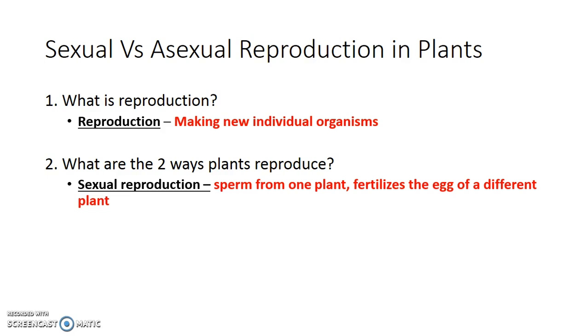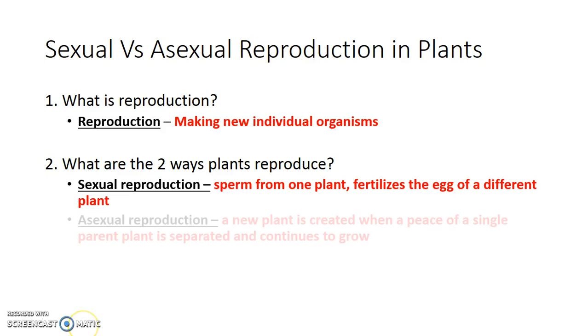Sexual reproduction just means sperm meeting egg. Sperm from one plant fertilizes an egg from a different plant. That's all it means. That sperm can be in the form of pollen, or it could be literally sperm in ferns and mosses swimming through pools of water to fertilize female ferns and mosses. All plants reproduce sexually. That's one of the four characteristics that make plants plants.